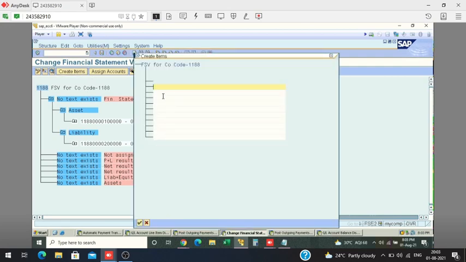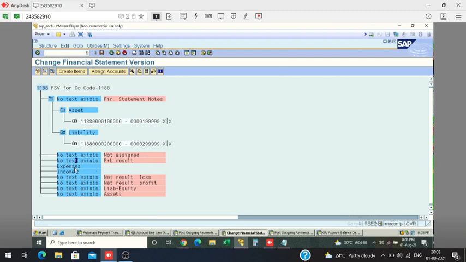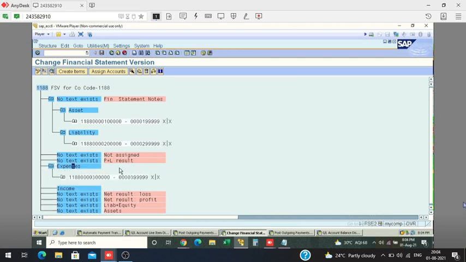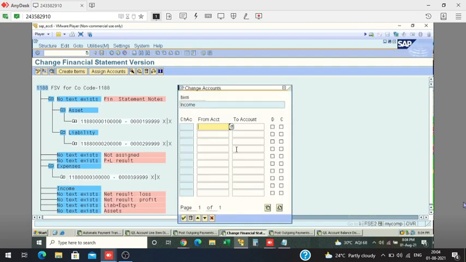Create account. Expenses, then income. Okay, select this. Click on expenses, account assignment, 3 lakh to 3 lakh 99. Then here also debit credit. Expense might be credit, might be debit also, as well as income. Click on 4 lakh to 4 lakh 99.